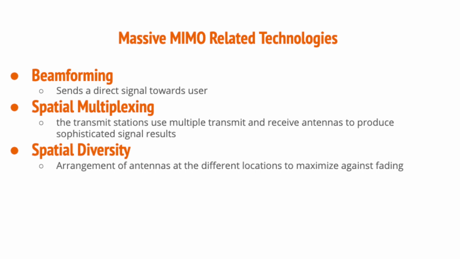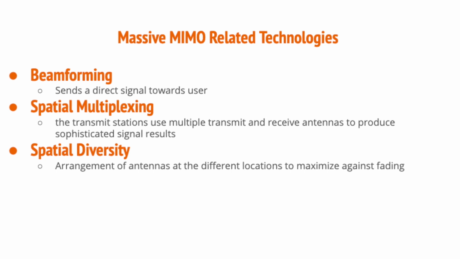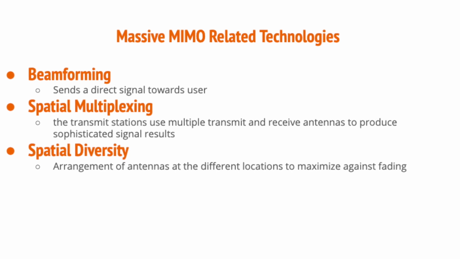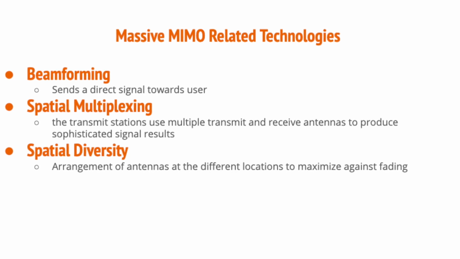If these signals arrive at the receiver antenna array with sufficiently different spatial signatures and the receiver has accurate channel state information, it can separate these streams into almost parallel channels. Spatial multiplexing is a very powerful technique for increasing channel capacity at higher signal to noise ratios. The maximum number of spatial streams is limited by the lesser of the numbers of antennas at the transmitter or